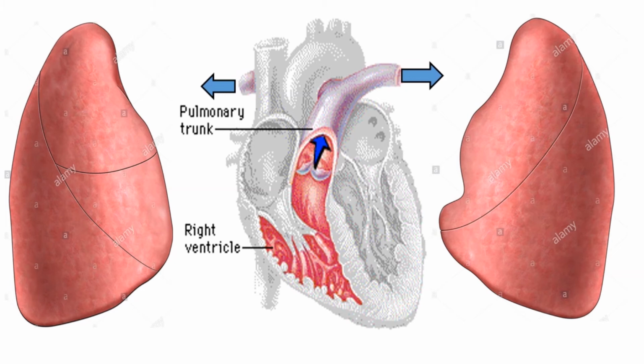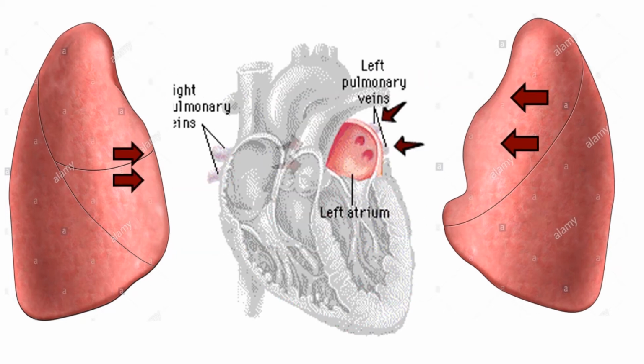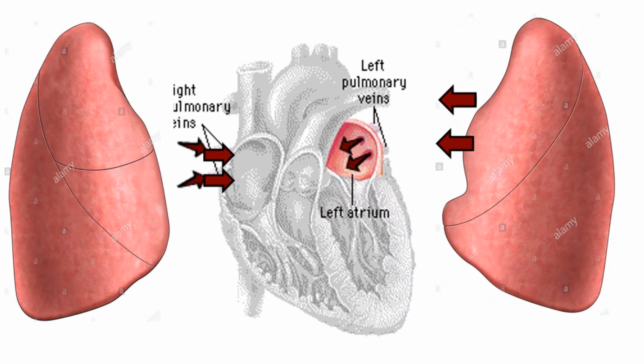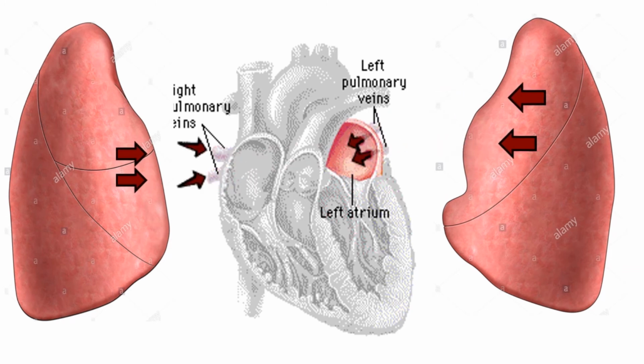From the right atrium, deoxygenated blood is pumped through the tricuspid valve to the right ventricle. From the right ventricle, deoxygenated blood is pumped towards the lungs, that is, away from the heart, through the pulmonary artery for the purification process. Remember, arteries always carry the pure blood, but the pulmonary artery is the only artery that carries the impure or deoxygenated blood.